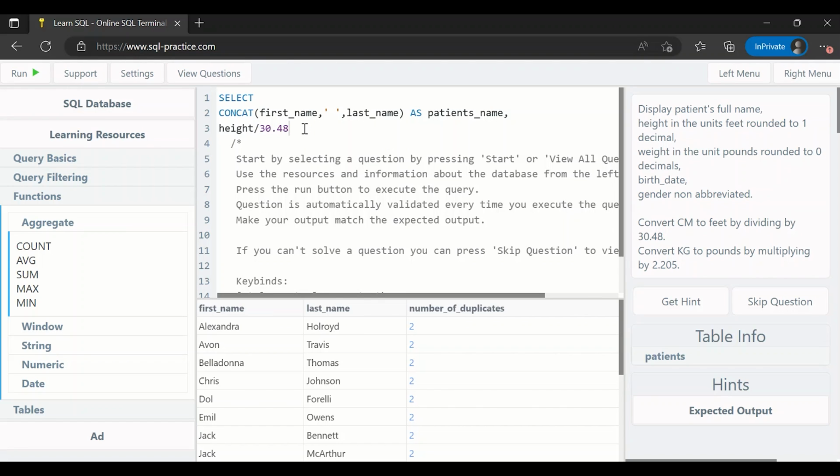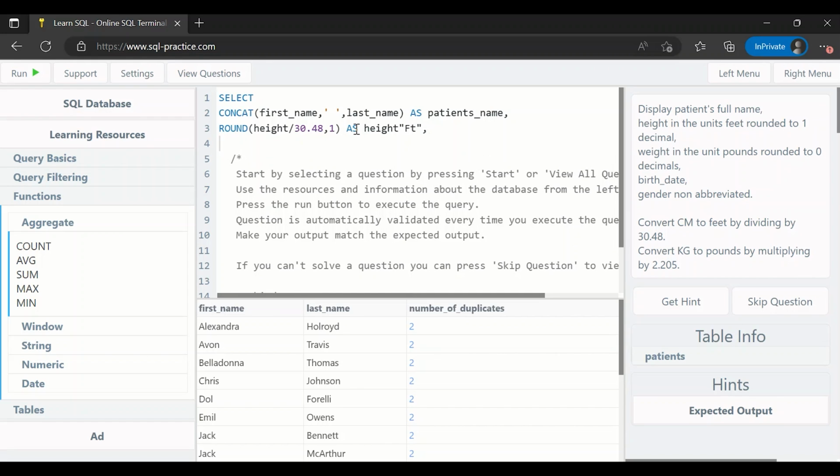Now, I want to make this round off to 1 decimal. So, in order to make this happen, I will use the function round. And for this, I have to keep 1 decimal. So, that means comma 1. Right. So if you want to keep 2 digits after decimal points, instead of 1 you will use 2, or if you want 3 digits after decimal you will type in 3. So in this case I will use 1, right? So this is my height as, let's say, height in feet,